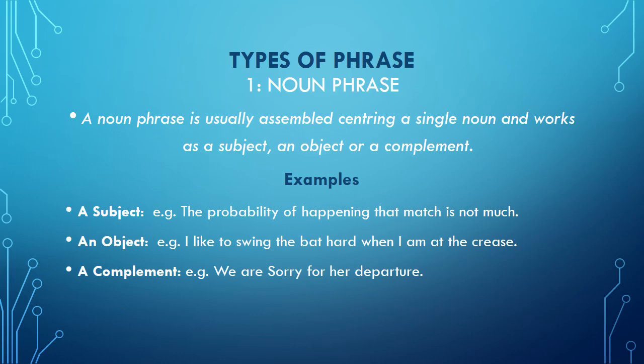So the first type is the noun phrase. A noun phrase is usually assembled centering a single noun, as a subject, an object, or a complement in the sentence. So a phrase that acts like a noun in the sentence is called a noun phrase. It contains a noun and other associated words which modify the noun. For example,